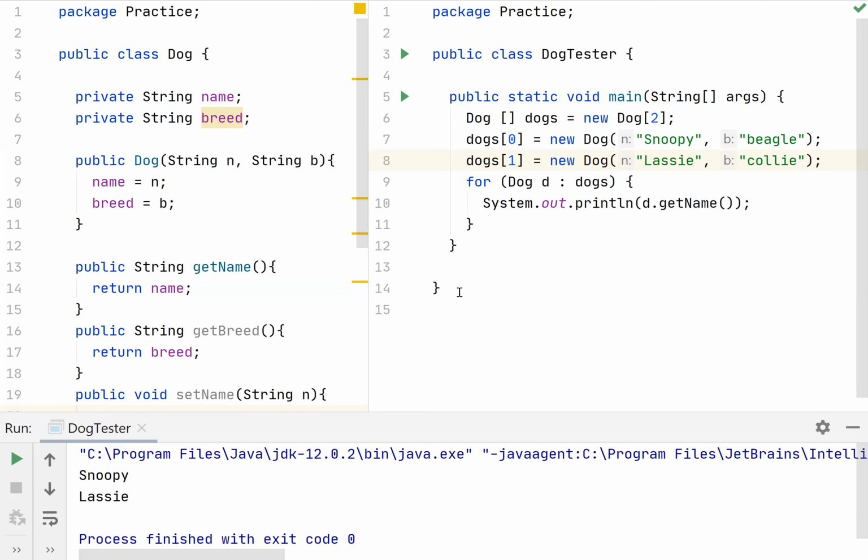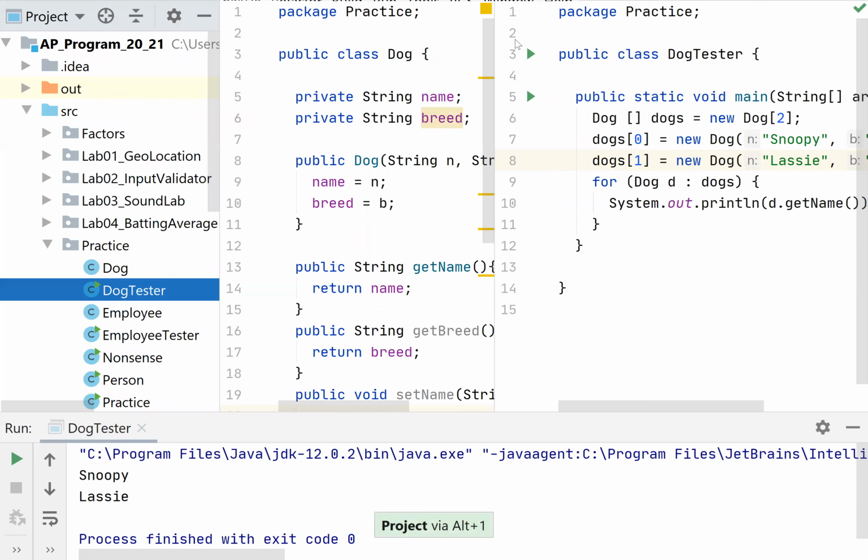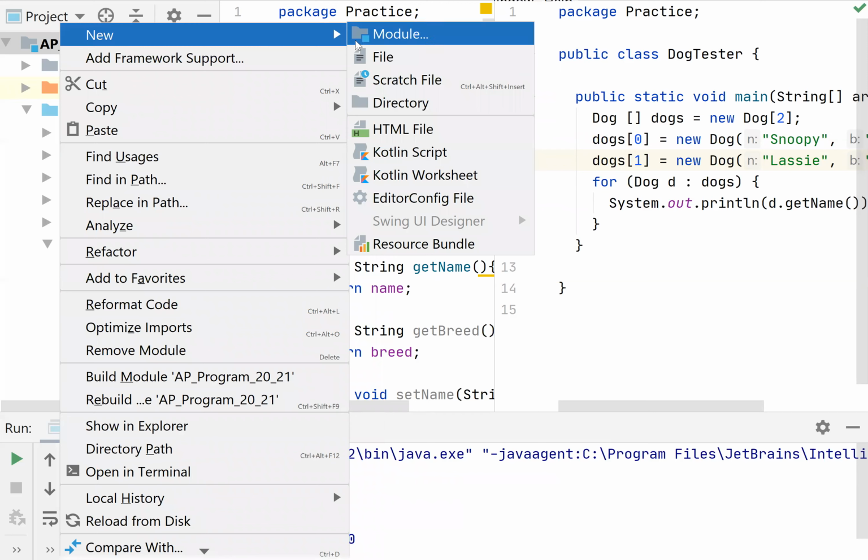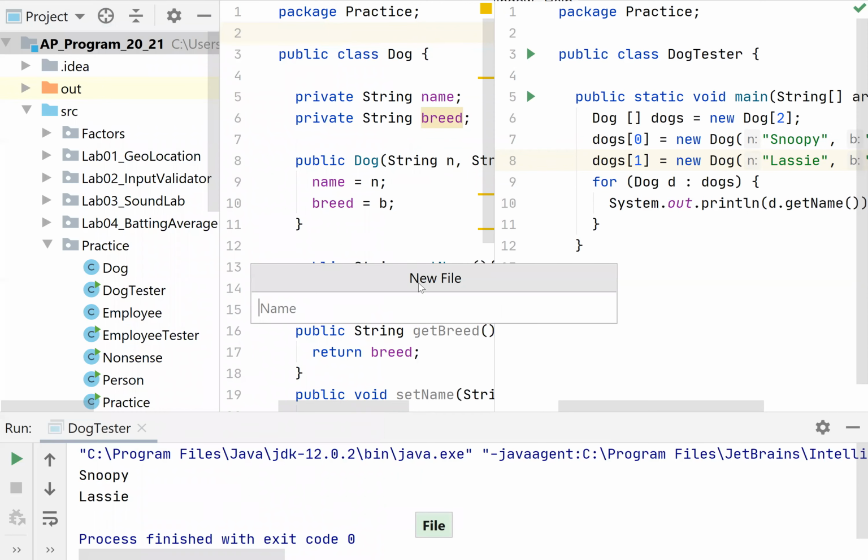So I'm going to go back here. I'm going to close my dog class for now. I think that's okay. Well, I don't know how to close it from here. We'll leave it open. All right, so we're going to create a text file. So notice how I'm going to put it in my project folder and not in my source code folder. So I'm going to call this dogs.txt,